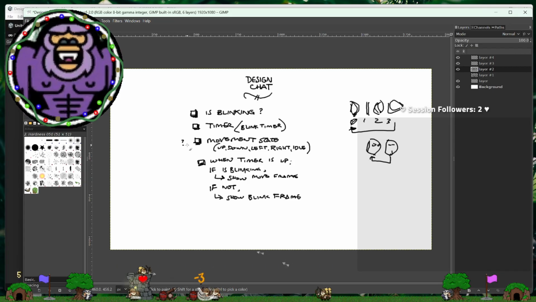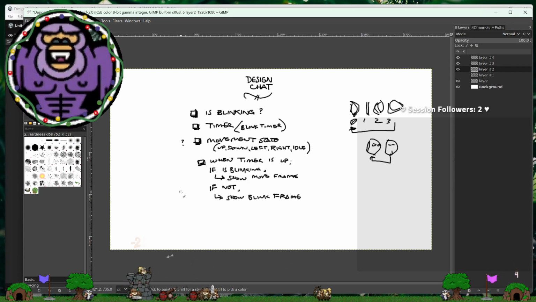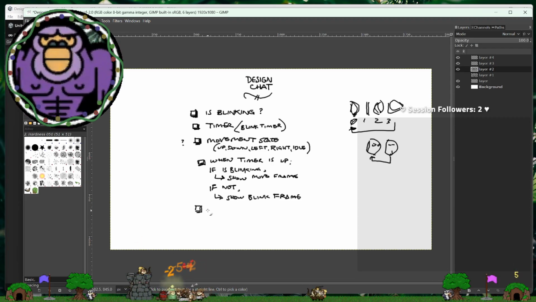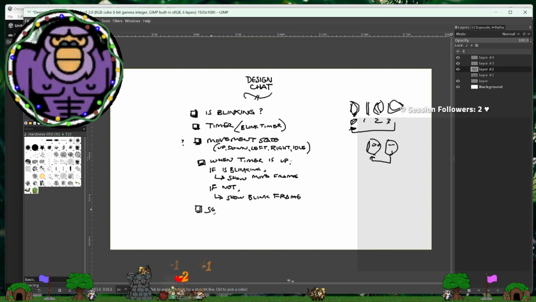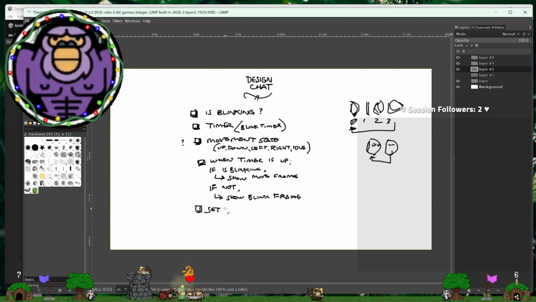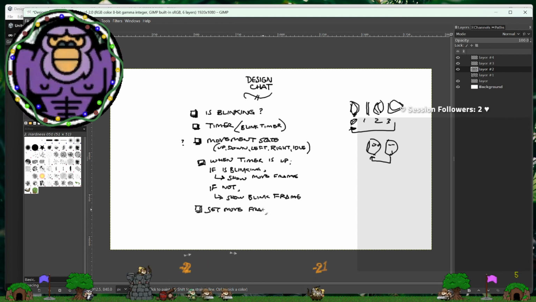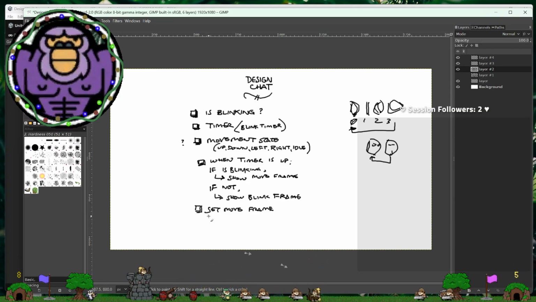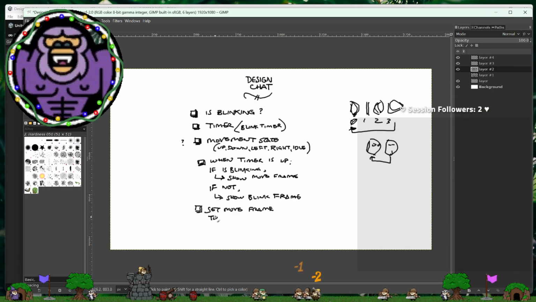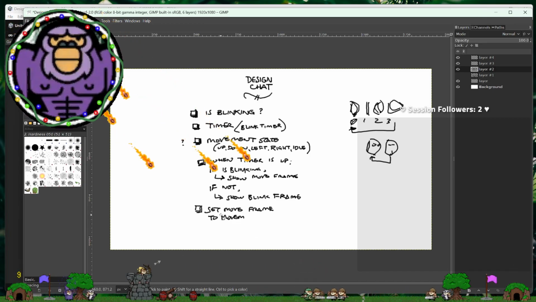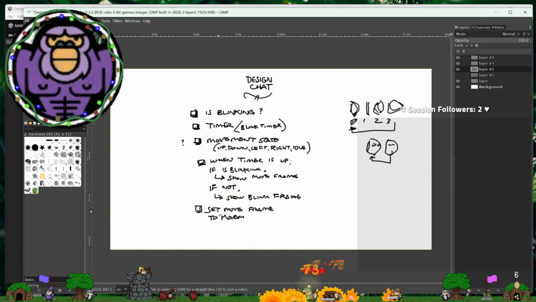And then we said, okay, but what about this movement state? What are we going to do with that? And we said, okay, no big deal. The move frame we set comes from the movement state. So set move frame based on movement state, right?